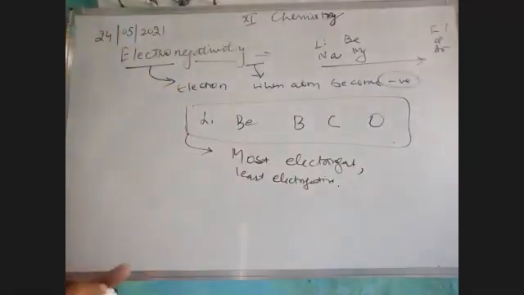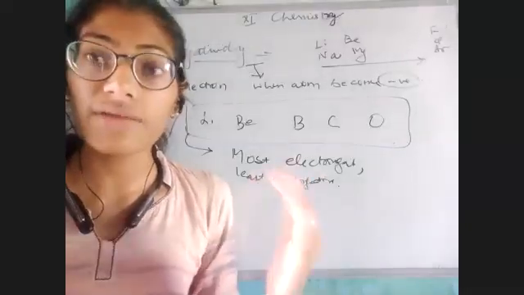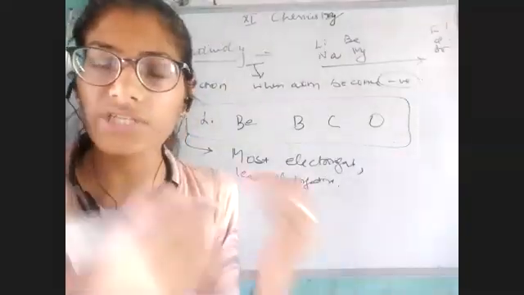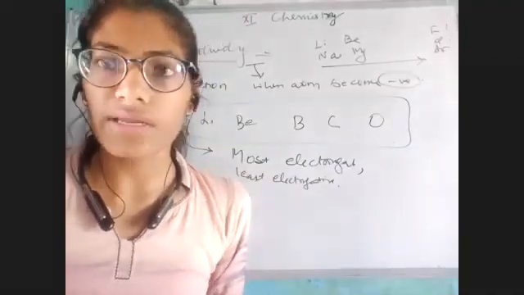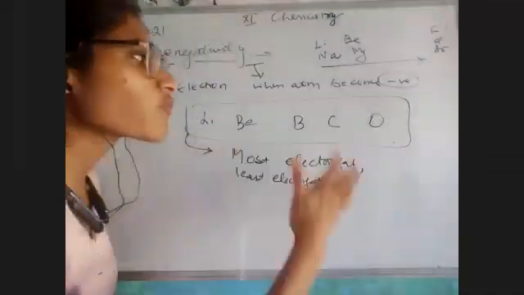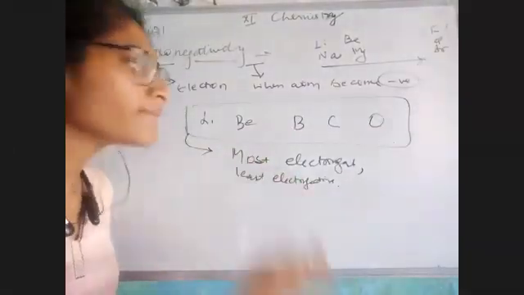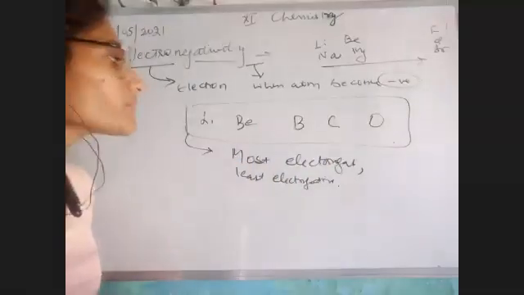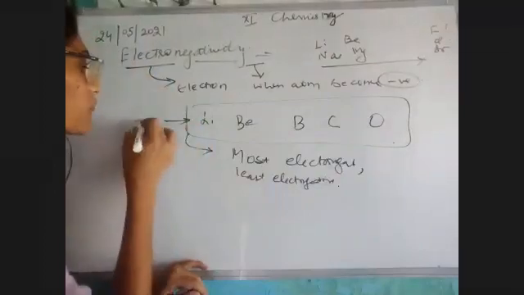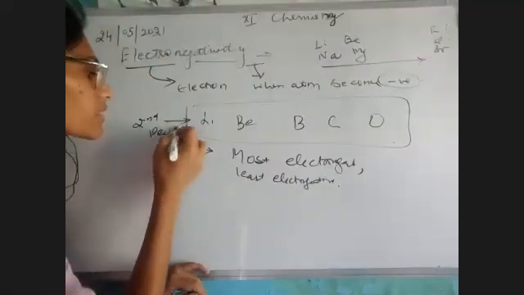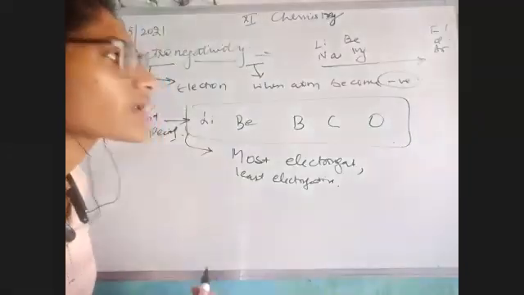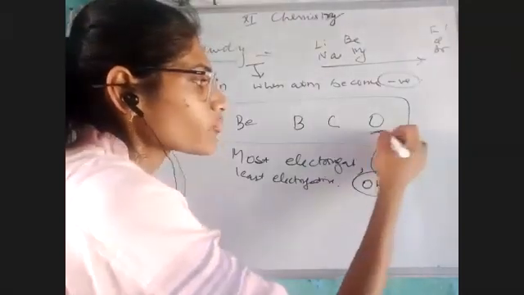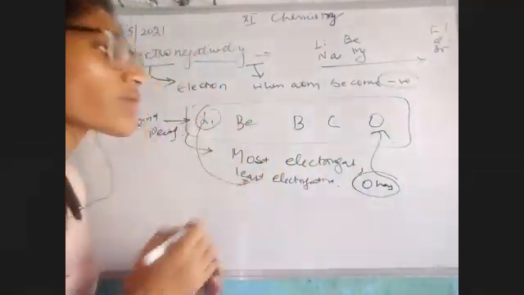So the chance of getting the question in theoretical form is very low. You won't be asked to just explain electronegativity and tell me the trends, whether it is increasing or decreasing. Rather, you would get 3 to 4 examples of elements, and you need to tell which has the maximum of that physical property and which one has the minimum. All these elements are of the second period, and hence we can say the electronegativity across a period starts increasing. So oxygen has maximum electronegativity, whereas lithium has the least electronegativity.